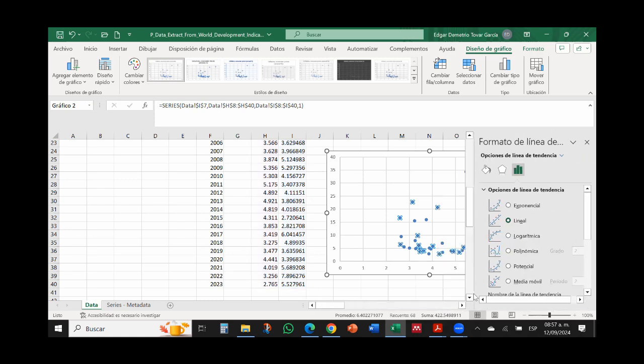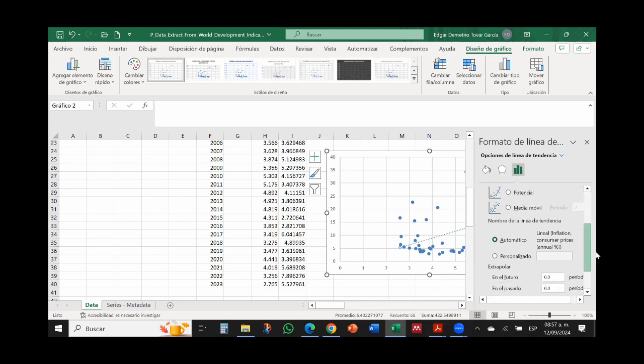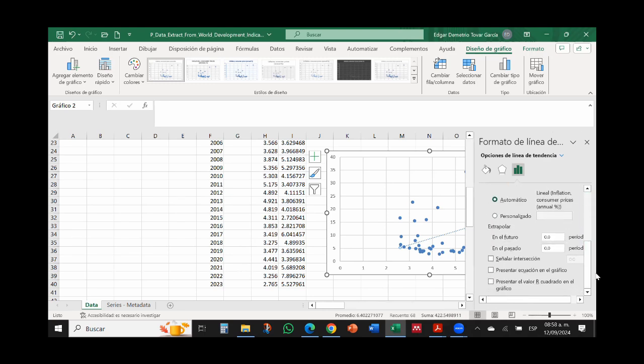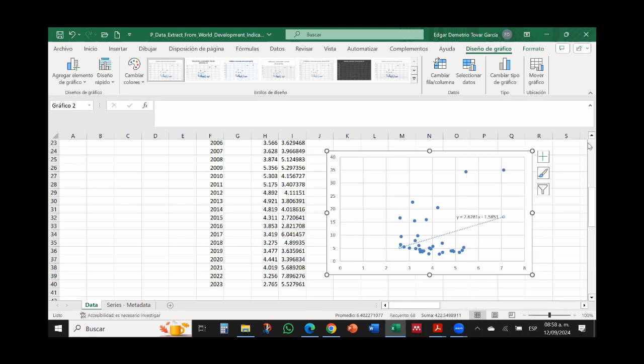One click here, and you will get the options. We're expecting, and it's the most simple, to get just a linear relationship, to get something like that. Other things are possible, more complicated, and unnecessary for you. And I will also ask it to show me the equation. Let me close this. And now what we got here, guys, is an equation representing the Phillips curve